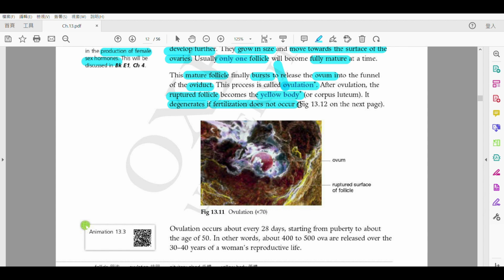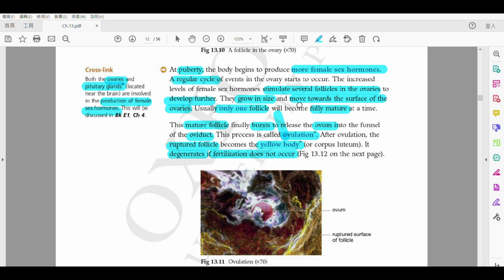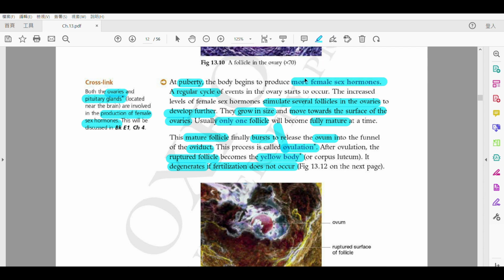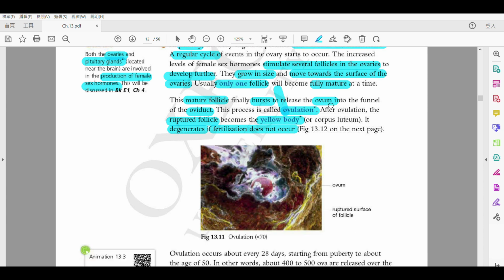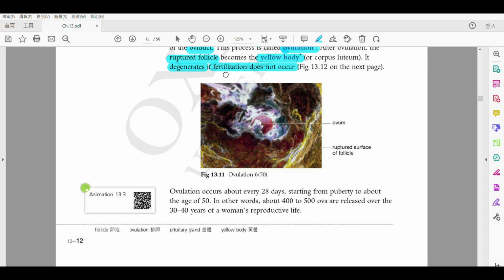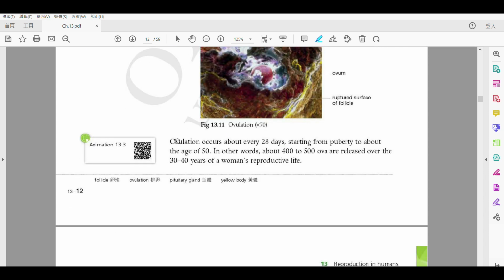Corpus luteum. Anyways。好啦，然之後啦，去最尾啦，佢真係去瓦解咯，so it will degenerate。When 就係當 if fertilization does not occur，then it will degenerate，即係佢會分解咗啦，it will break down。嗱，呢個位咧，you need some time to digest，alright？So that's basically what happens to the formation of ovum。好緊要嘅就係 female sex hormone 會 stimulate several 啦，而 usually 淨係得 one follicle 會 become mature 啦。When it becomes mature 就會 burst open 就 release your ovum。release 完 ovum 之後，it's not the end of the follicle，follicle 會慢慢變咗做 yellow body，OK？They will rupture and become yellow body 啦。